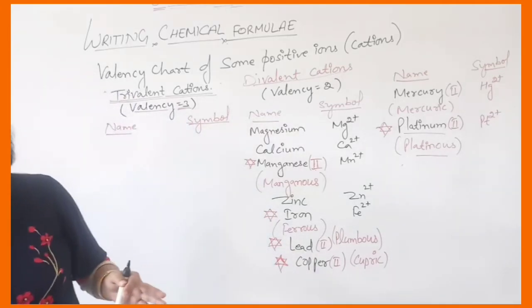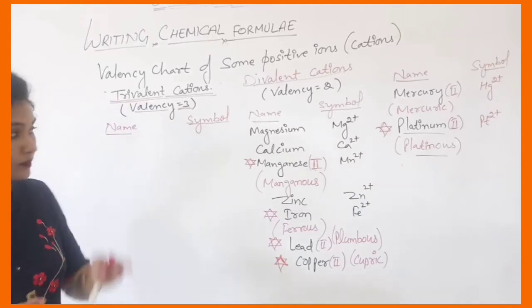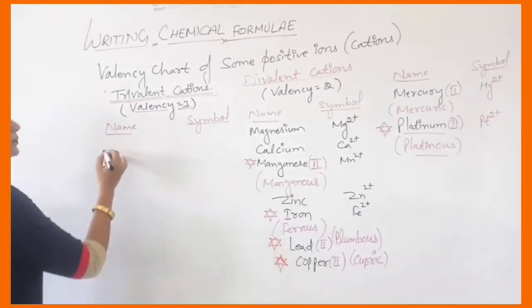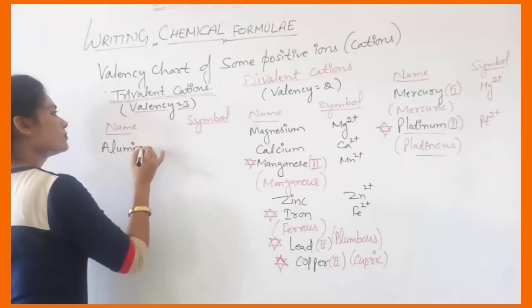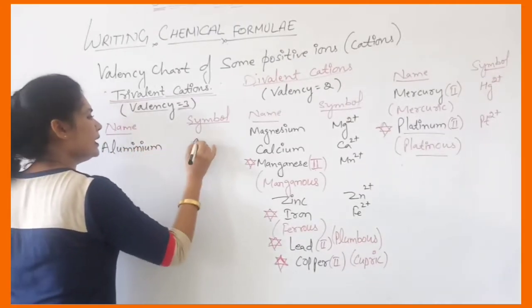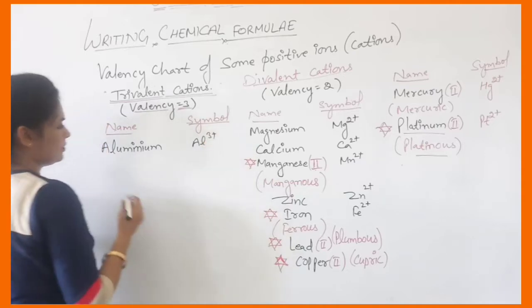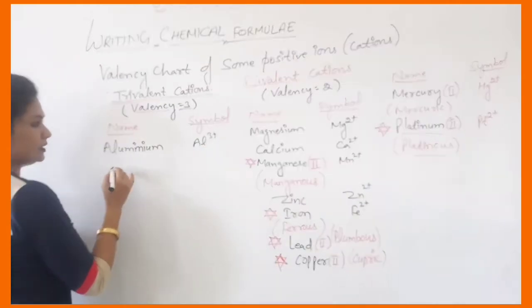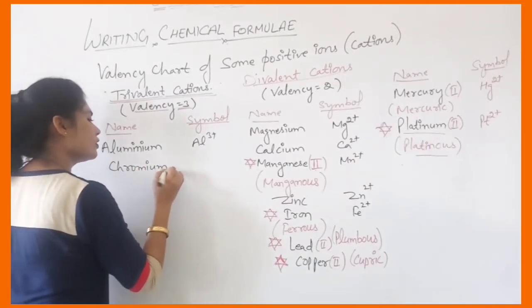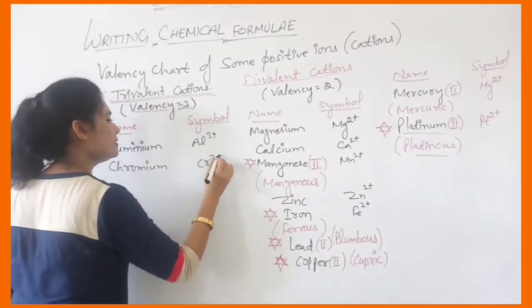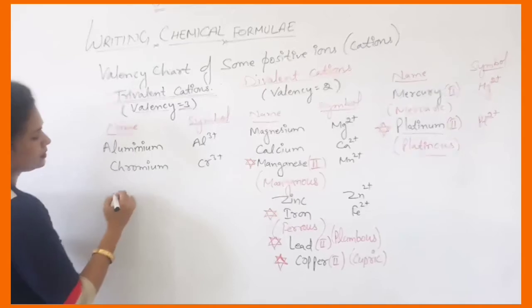So let's write aluminium, Al 3 positive, then chromium is also trivalent. After that iron